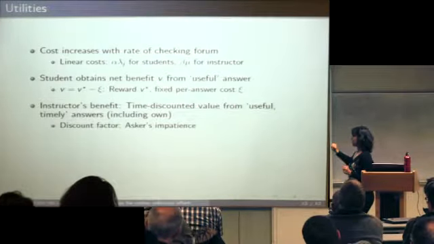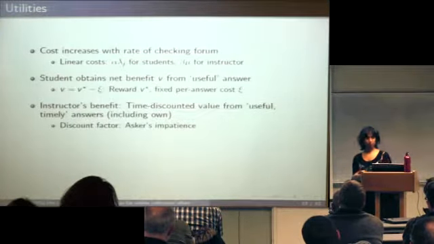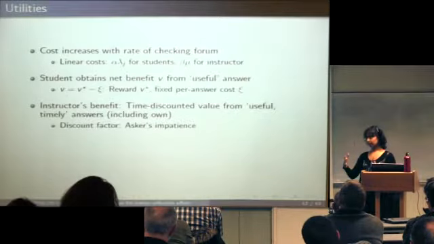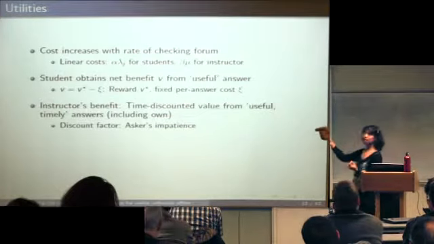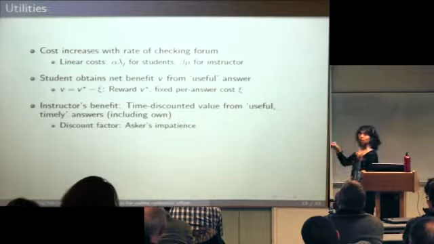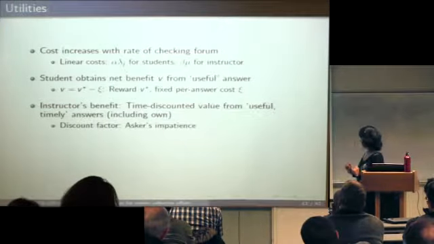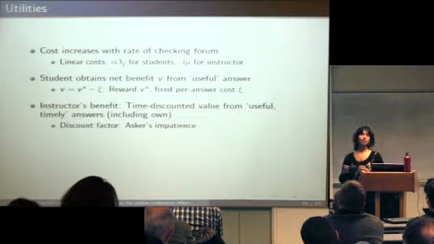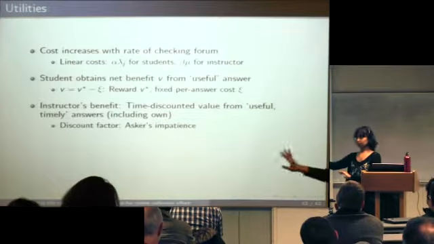What is the instructor's benefit? We are thinking that the instructor is doing two things. They are watching out for the person who asked the question, and they don't like spending their own time. So the benefit part comes from watching out for the person who asked the question. So the instructor's benefit is going to be essentially the time discounted value from all useful timely answers that have been received, including the instructor's own answer. And the discount factor that we are going to use is essentially going to reflect the asker's impatience. So if this was a question on which the asker wanted an answer very fast, the discount factor is going to be very high. If this was a question which really didn't need an urgent answer, then it's going to be